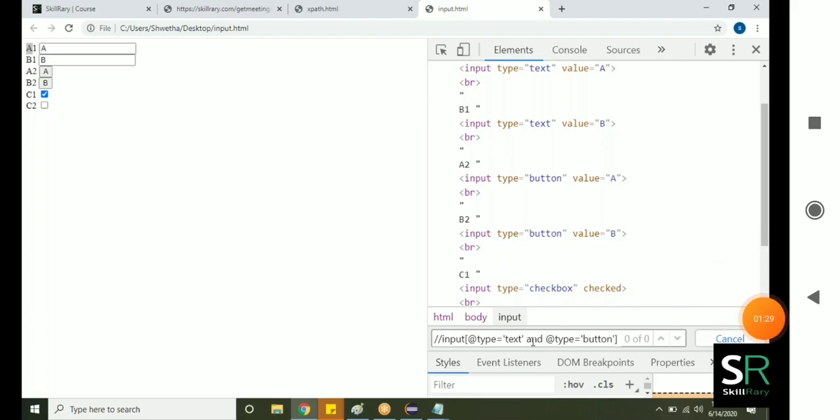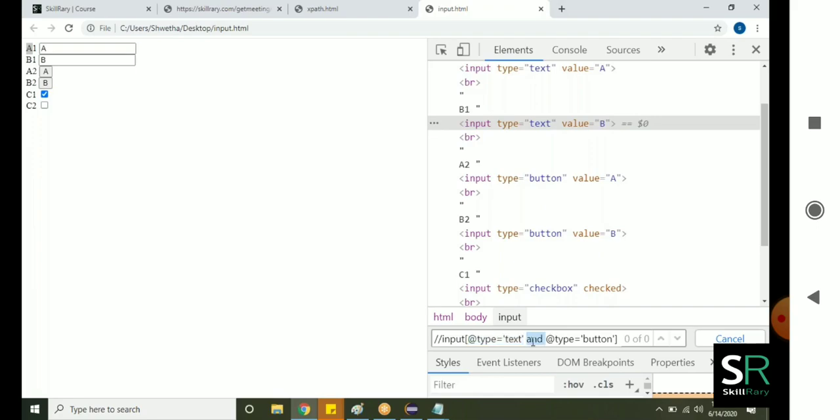Means we are applying 2 conditions in the one tag only, guys. In the one tag, both the things should be there. That is the meaning of "and". In the one HTML code, is it possible to give type equals text and type equals button? No, that's the reason it is giving me 0 of 0.